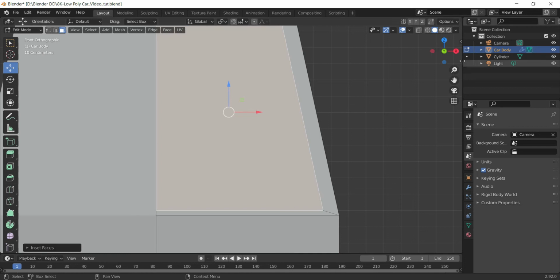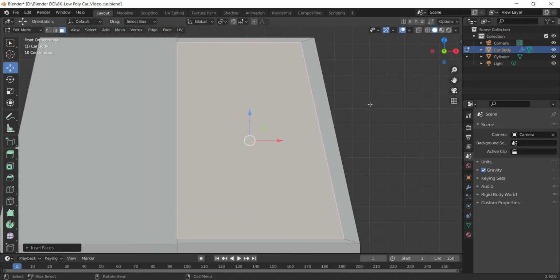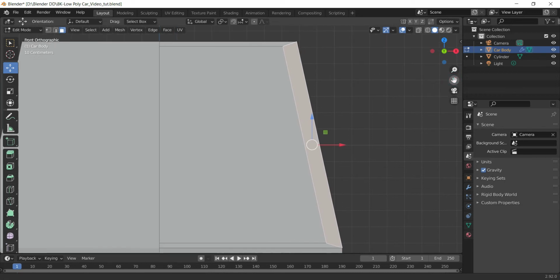Now we need to adjust one thing here. While insetting the faces, we have got a different amount of thickness around the face. On the vertical side, these faces have an equal amount of gap, but this one has more thickness. We need to fix that manually, and it's very simple.